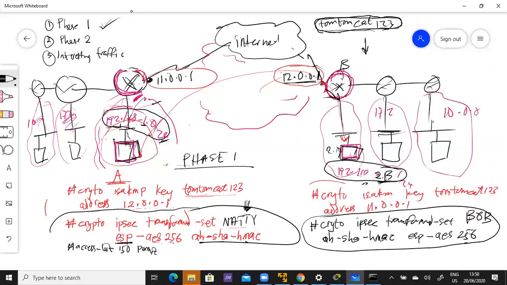If the source is 192.168.1.0, it's a /24. So let me bring the wildcard bits for /24. That's 0.0.0.255. And the destination, if it's going to this destination, 192.168.2.0, it also has a wildcard of 0.0.0.255. I've defined interesting traffic. This command is for